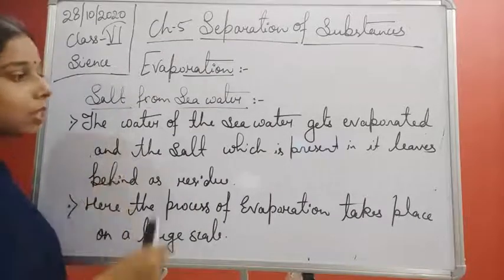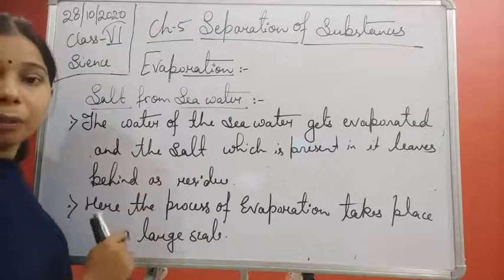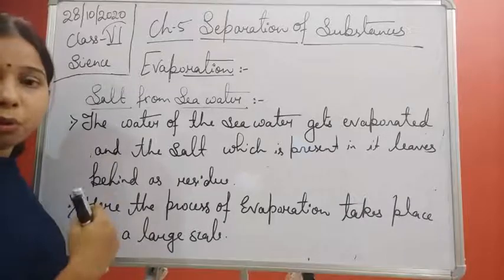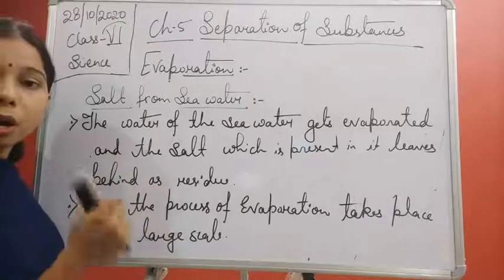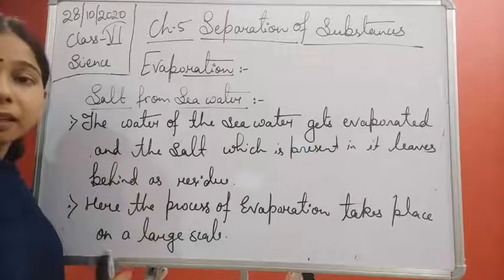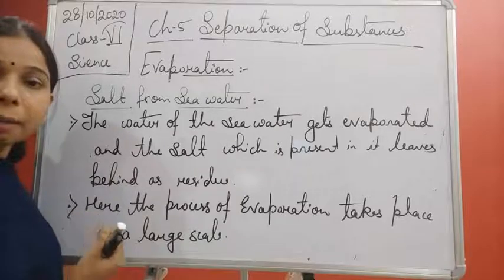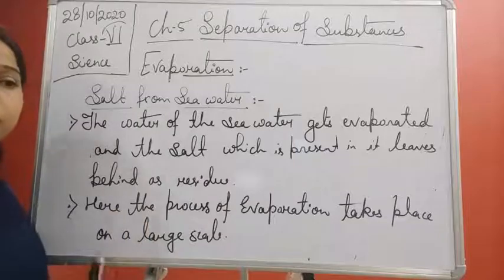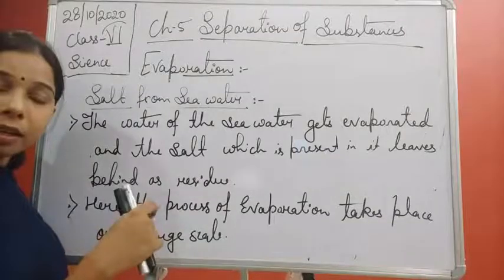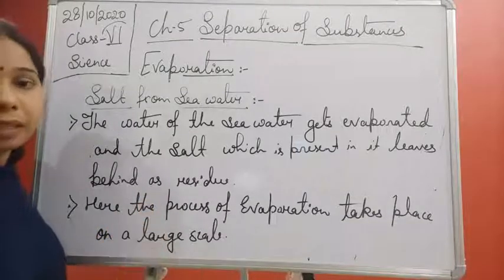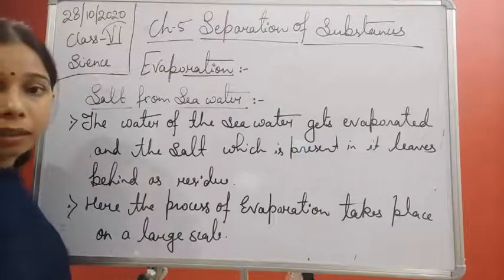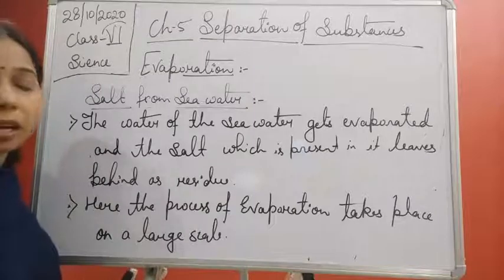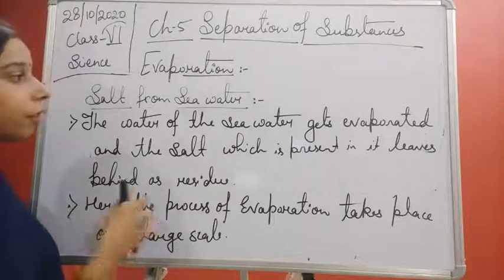This process occurs with the help of the evaporation process. You can also do this at your home, student, by taking salt and mixing water in it, and finally evaporating it by giving a sufficient amount of heat. After a while, you will see the water continuously evaporating, and when all the water has evaporated, it leaves behind the salt in the glass. This process occurs on a large scale to extract the salt from seawater.